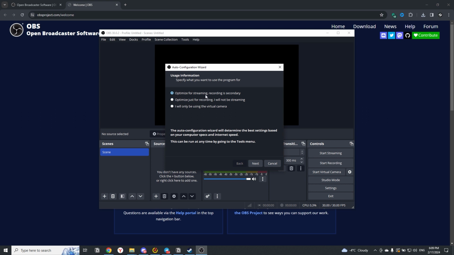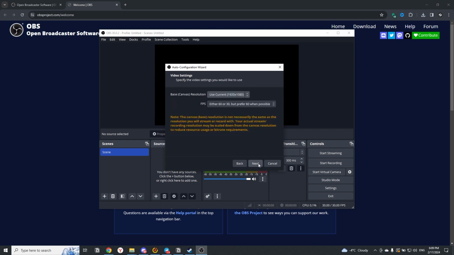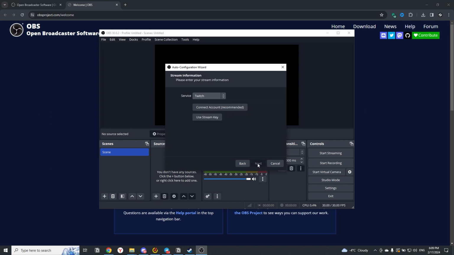OBS will ask you a couple of simple questions to help you optimize the program depending on your goals. Do you want to stream or only record video, screen resolution, and frames per second? If you're not going to stream video games, 30 frames will be enough. If you plan to play games and the iron of your computer is not weak, it is recommended to set